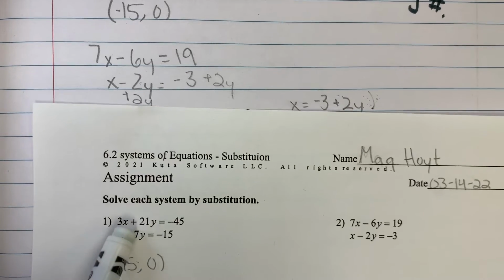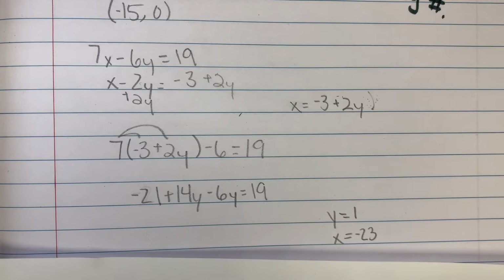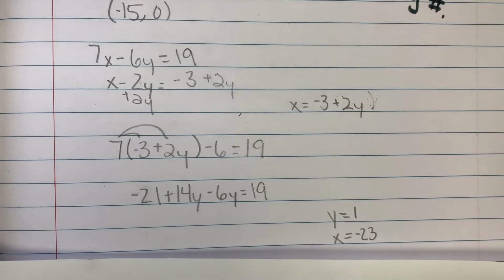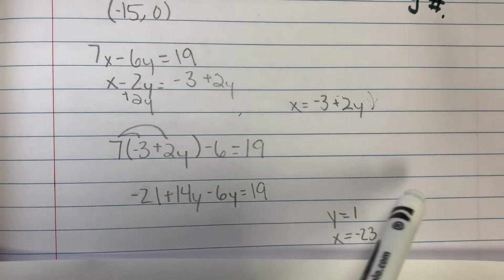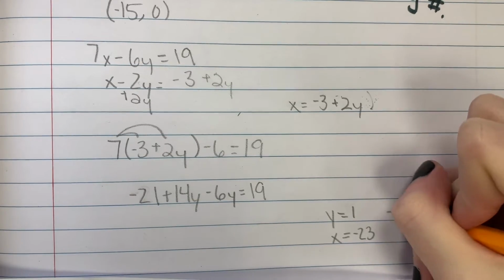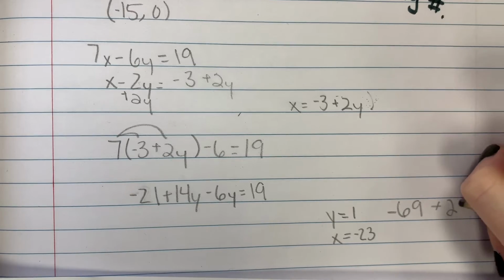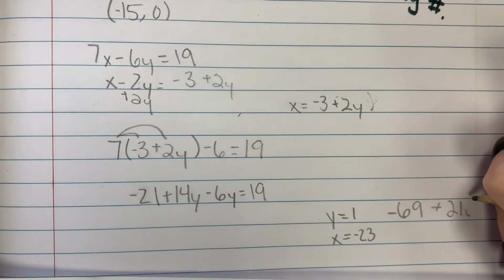And plug the same thing in here. Negative 23 times 3 is negative 69. Write that down, negative 69. And then plus 21. And then that would equal,